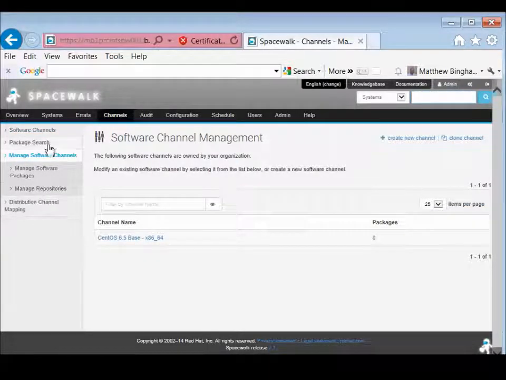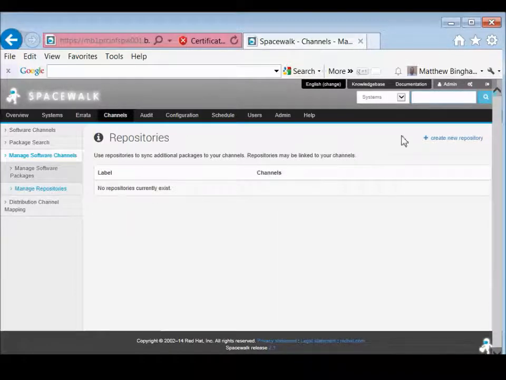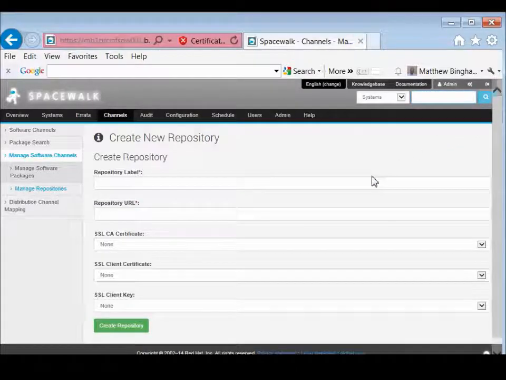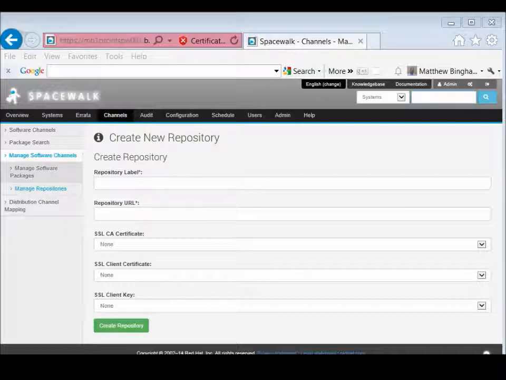Here we do manage software channels again, but this time we go into manage repositories. And then once again, we have none here since it's brand new. We'll say create new. And I like to usually keep these pretty similar. When I say that, I mean I kind of keep the names pretty much the same. So what we'll do here is